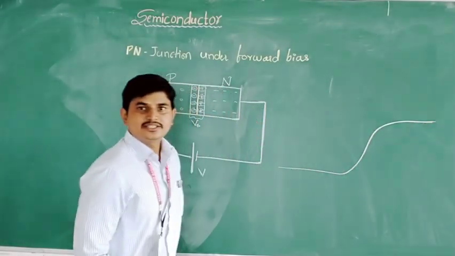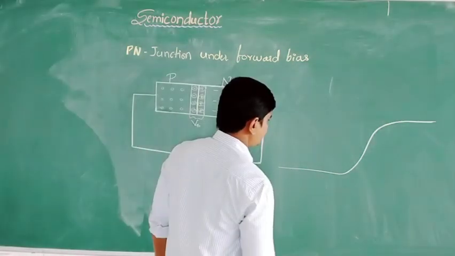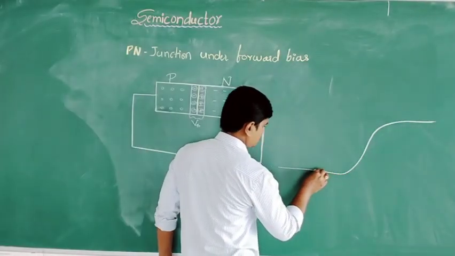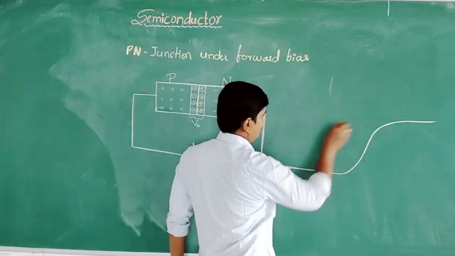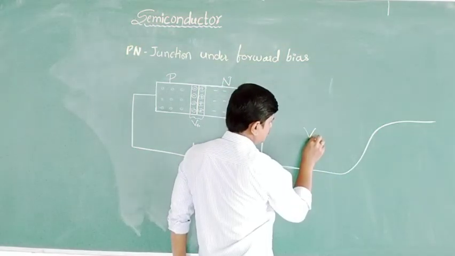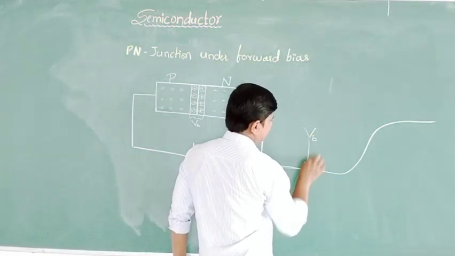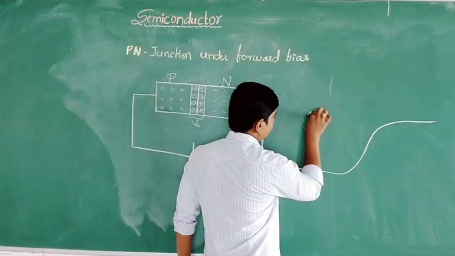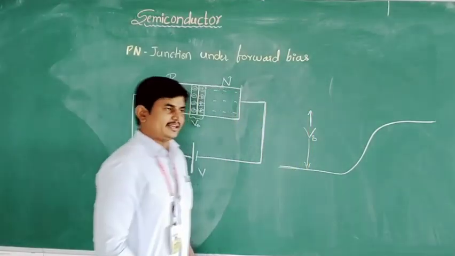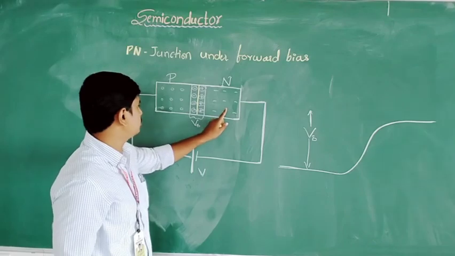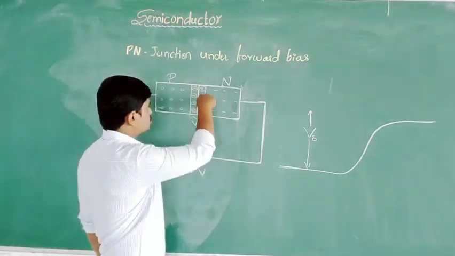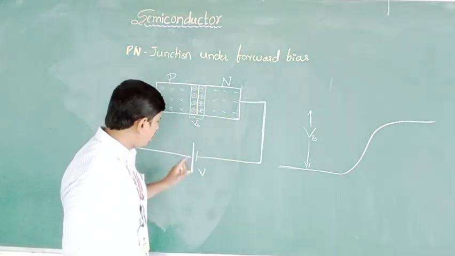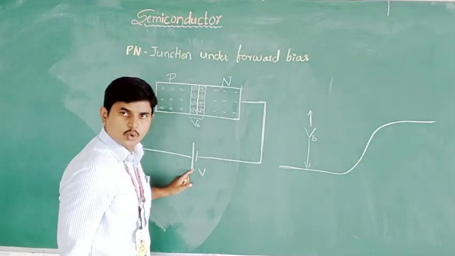See here, this is the graphical representation. Initially the potential barrier is this much. There is a maximum potential barrier. Because of the potential barrier, these holes and electrons do not pass through the junction. But after application of this external voltage,